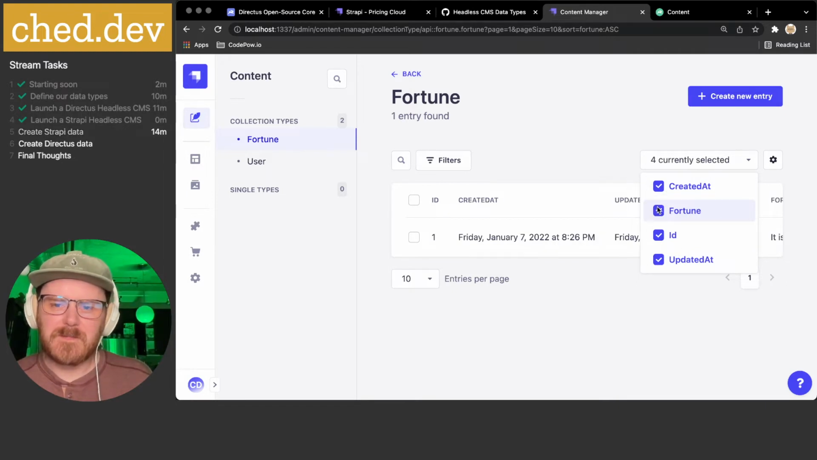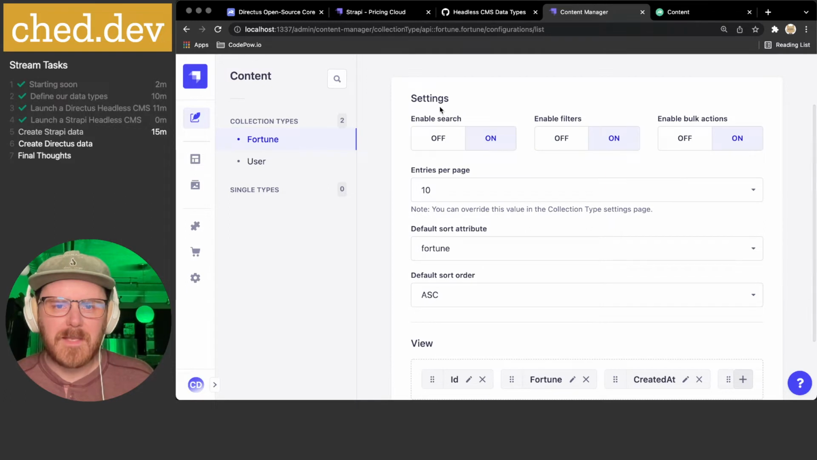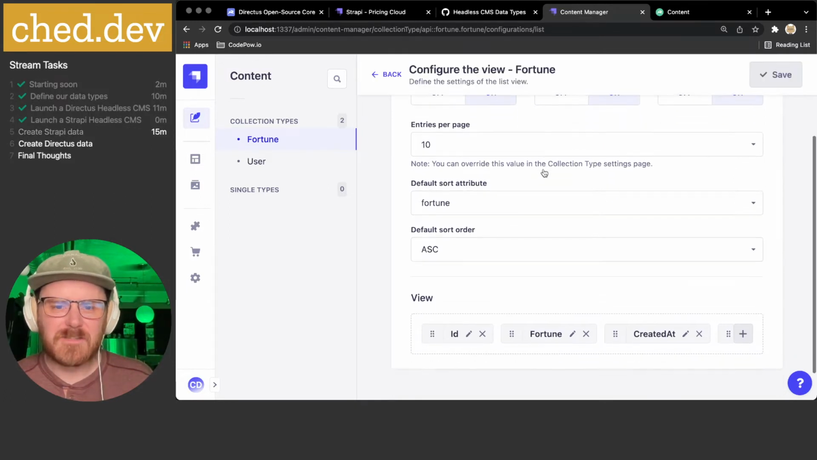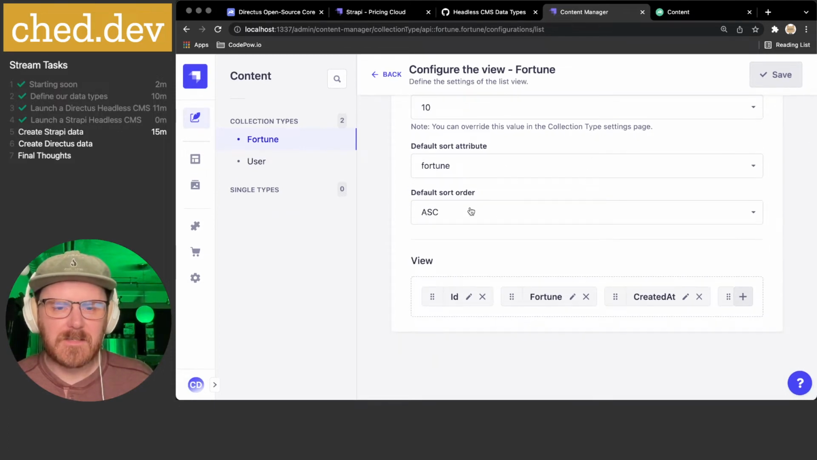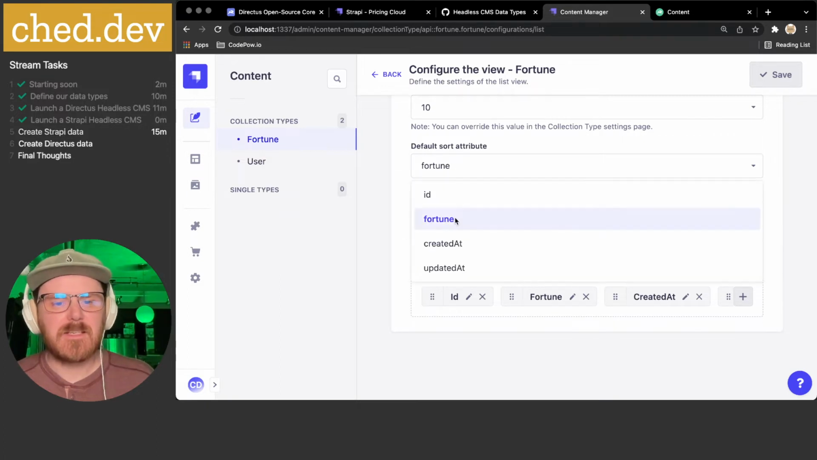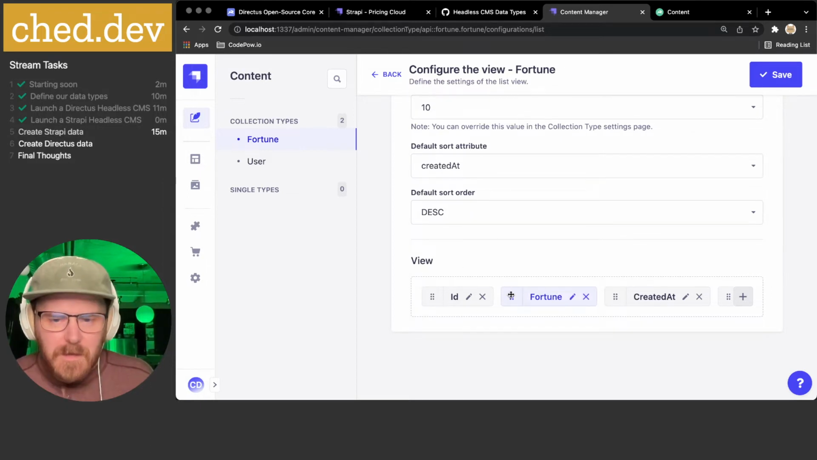You can turn off some fields and stuff if you wanted to, but Fortune is the one that I want. I don't care about the ID, and I don't care about the updated at. How do I choose the order? Enable search is on by default, filtering, bulk actions, default sort Fortune, sort ascending. Let's set it to created at descending. If I wanted to, I can,